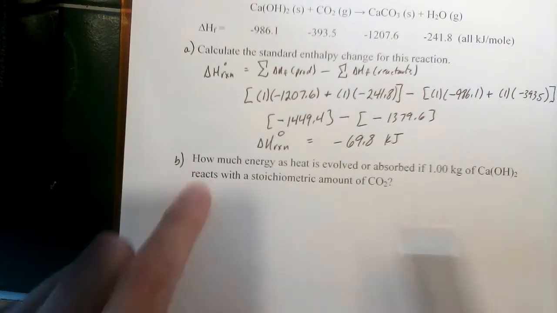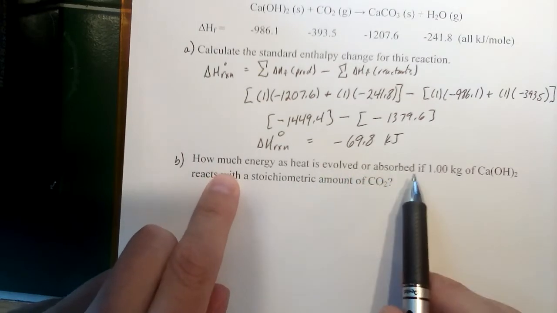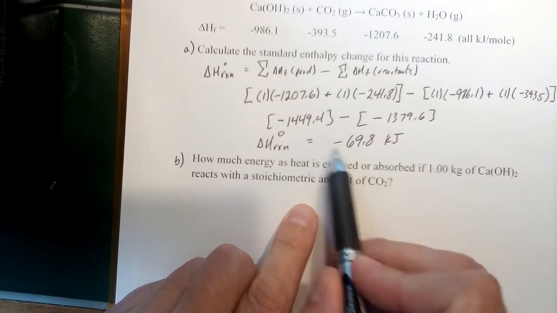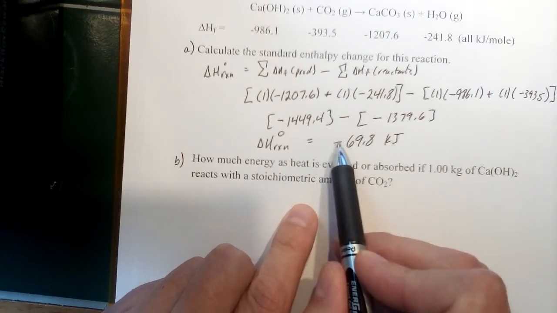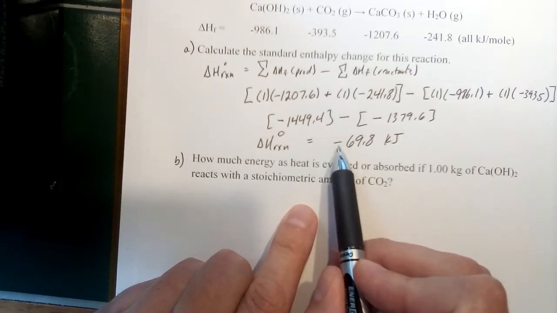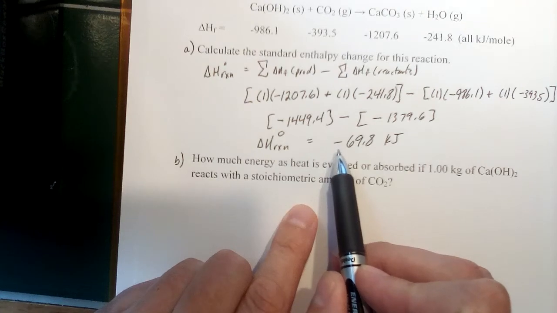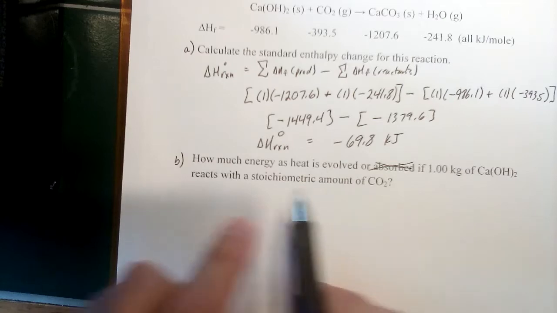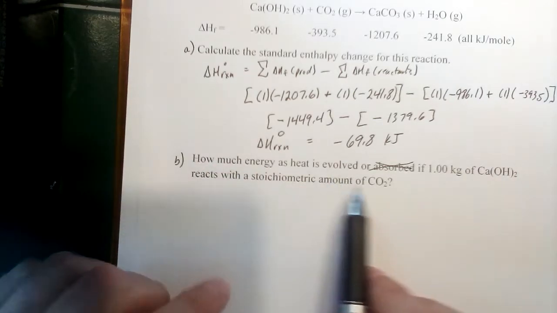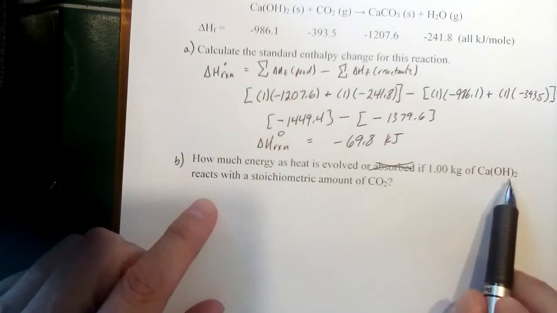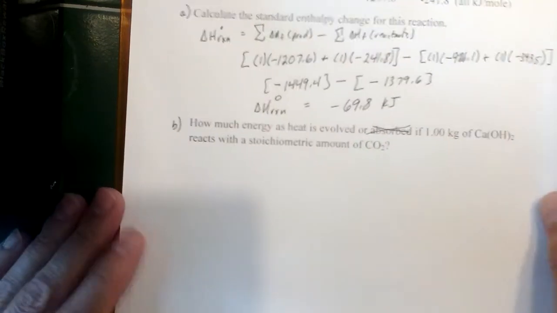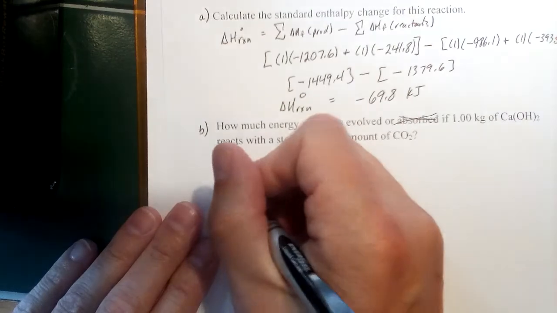So part B here says how much energy as heat is evolved or absorbed. That is worded that way so it doesn't give away what the sign is here. This is a negative. That means this is an exothermic reaction. So that means heat is being evolved here, not absorbed. So we could simplify that. How much heat is evolved if 1 kilogram of calcium hydroxide reacts with a stoichiometric amount of CO2. So 1 kilogram